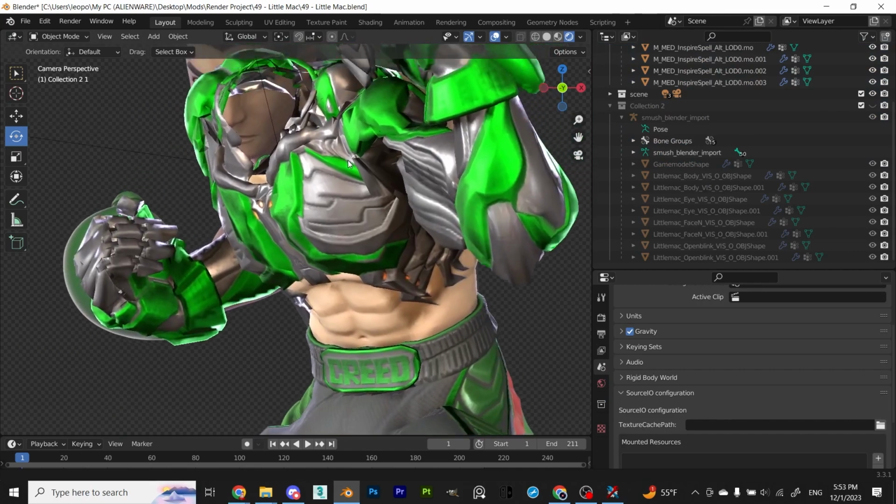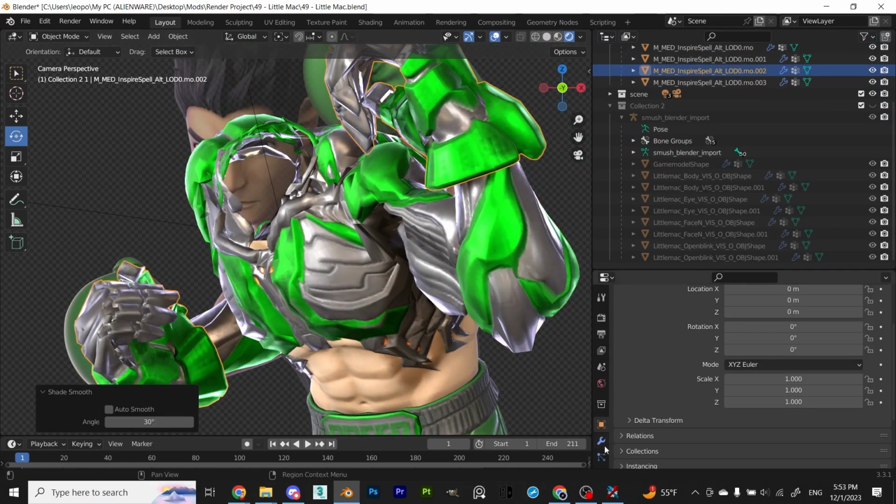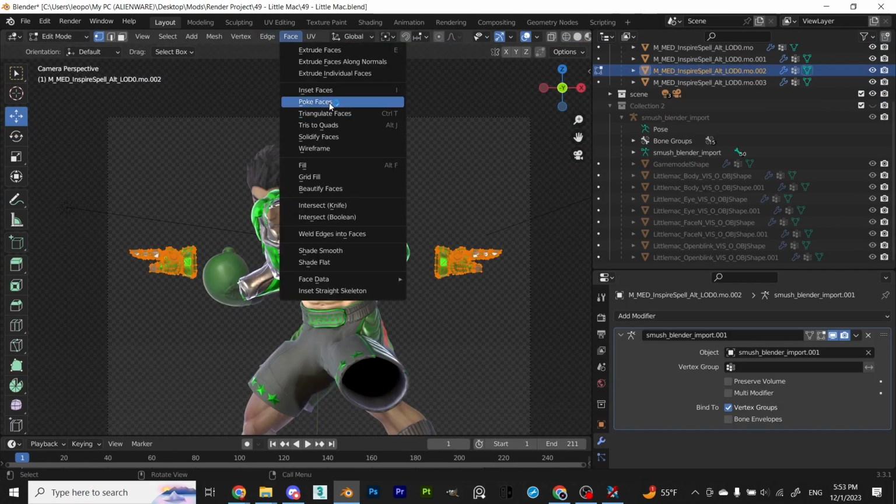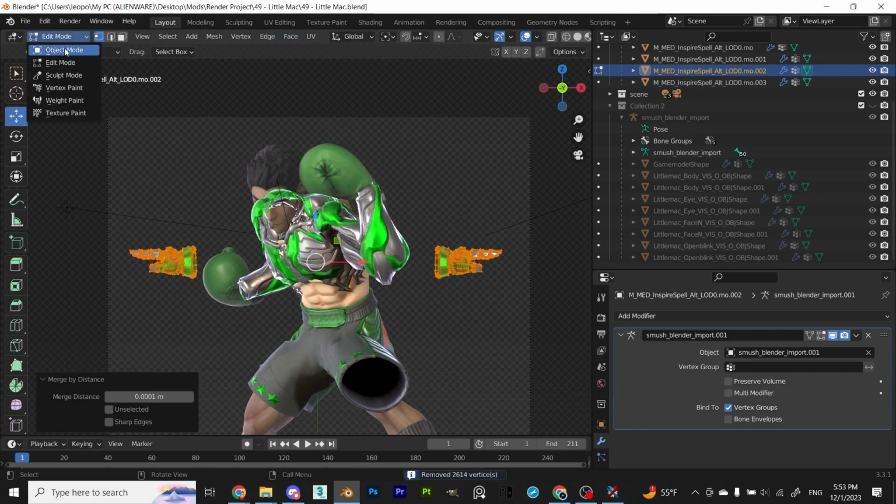I would also recommend converting the faces from tris to quads in edit mode, merge by distance with M, and then subdivide the model so that it looks smoother.